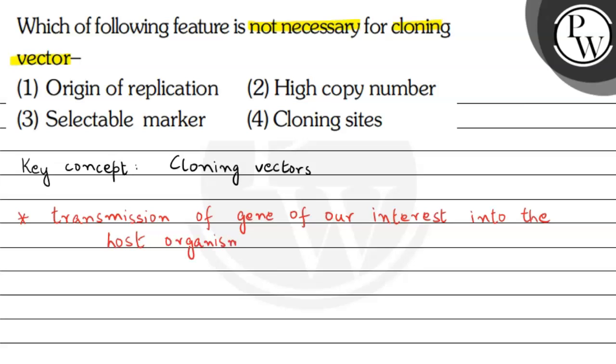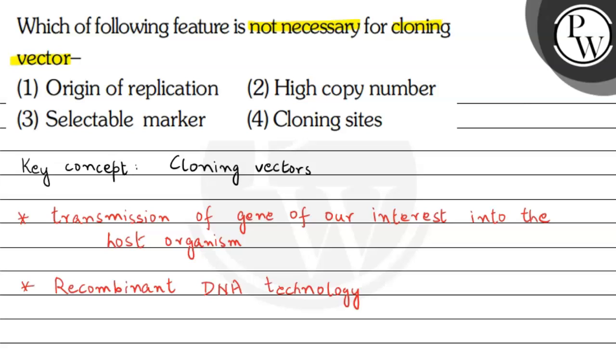So cloning vectors are basically used in recombinant DNA technology. With the help of cloning vectors, we can produce recombinant cells. So cloning vectors are used in recombinant DNA technology for the transmission of the gene of our interest from one organism